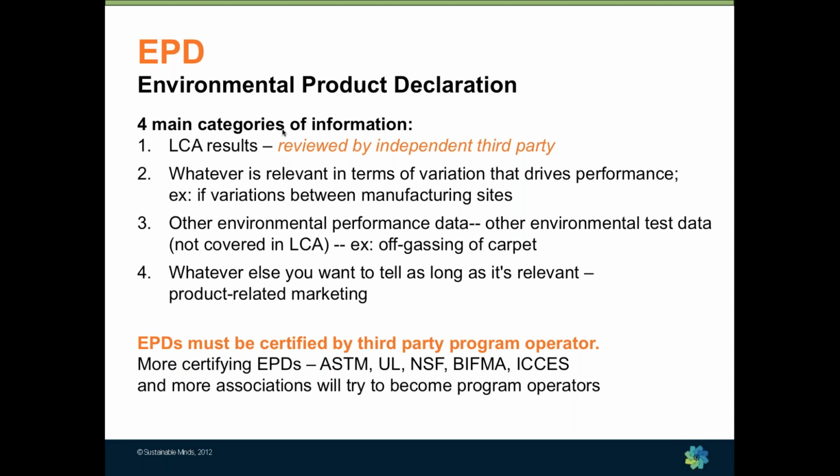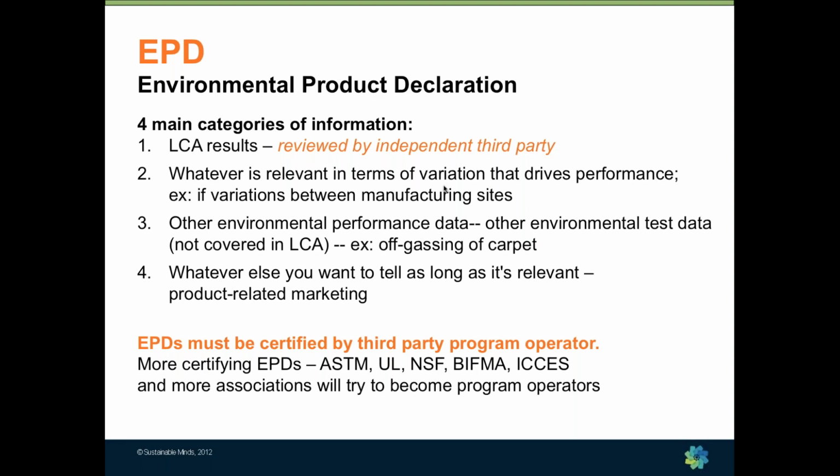There's content that's required and a two-step verification process. So there's 4 main categories of information: LCA results, whatever's relevant in terms of variation that drives performance. So if there are different manufacturing facilities being included in the LCA, that needs to be included in the EPD as well. Other environmental information